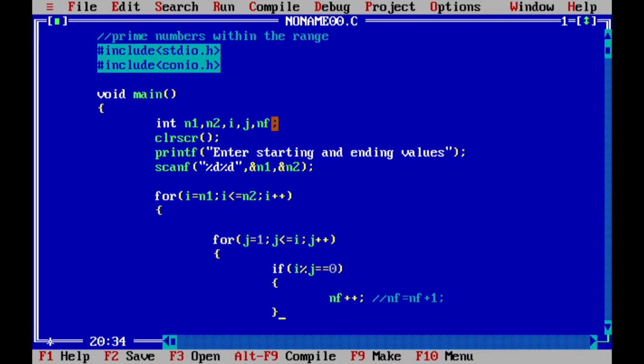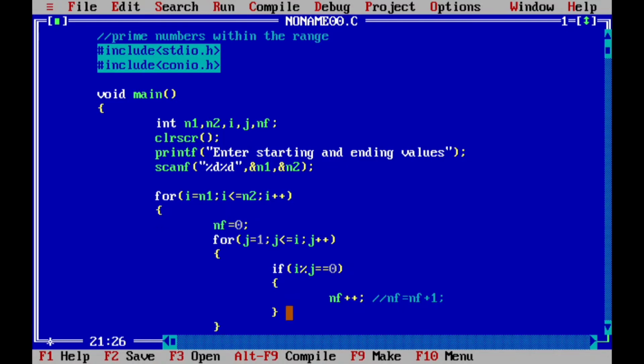So you have to assign 0 to this particular nf. I want to assign that 0 in this area. I will explain later about this. nf equal to 0. Initially, the number of factors is 0. If this condition is true, then only this nf will be incremented. Okay. If bracket closing.